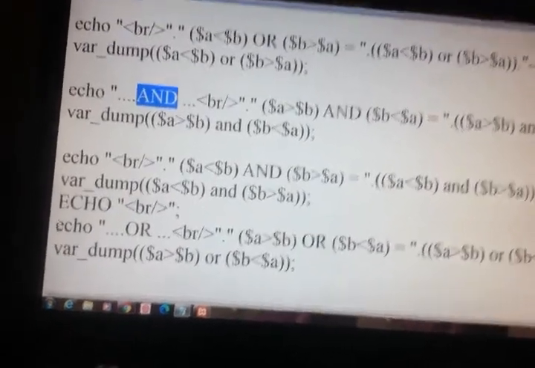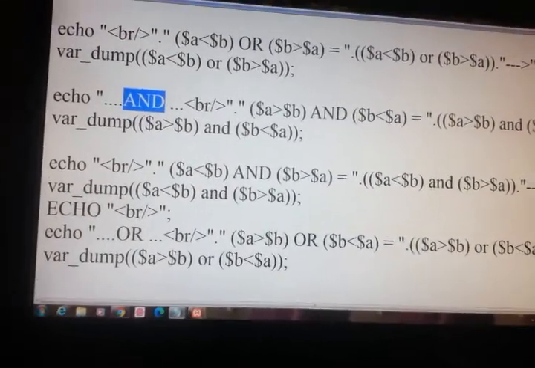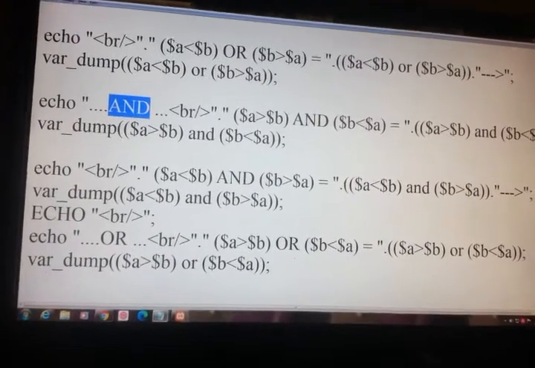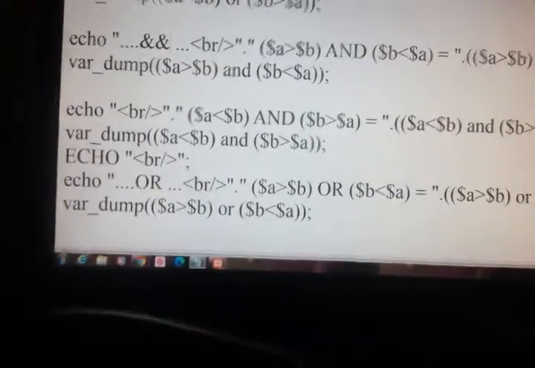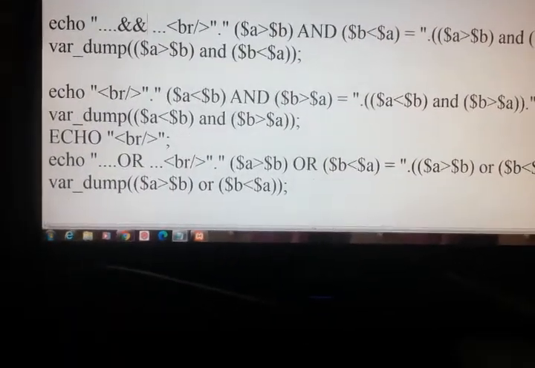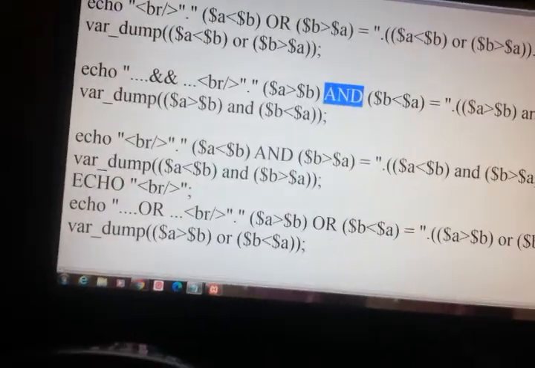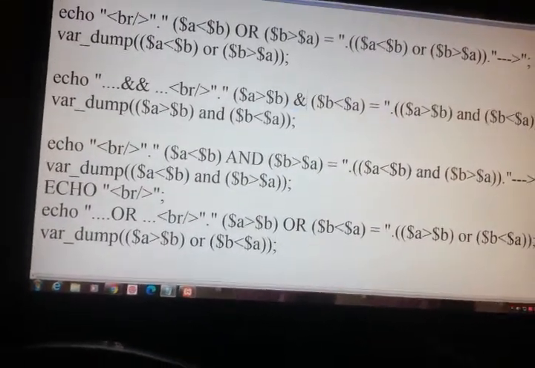Here we won't use AND and OR words, we use the logical AND symbol. So just replace all here.